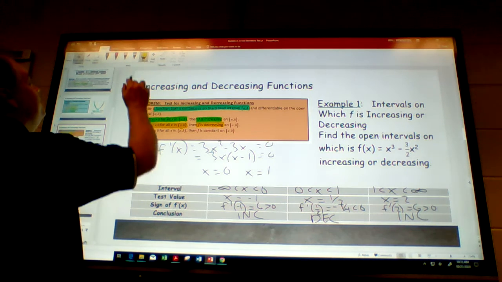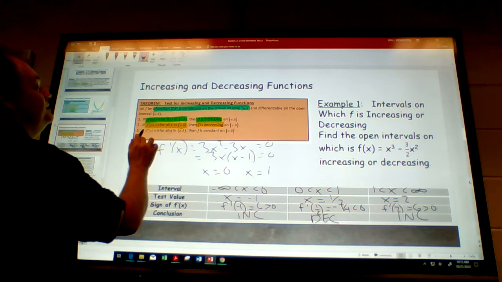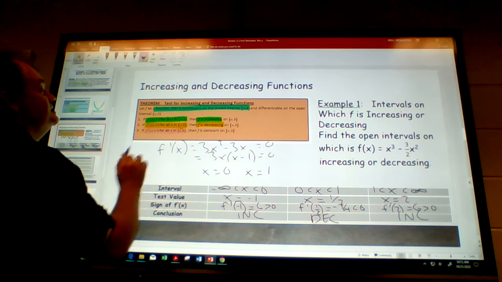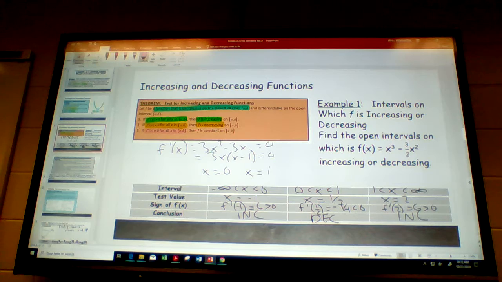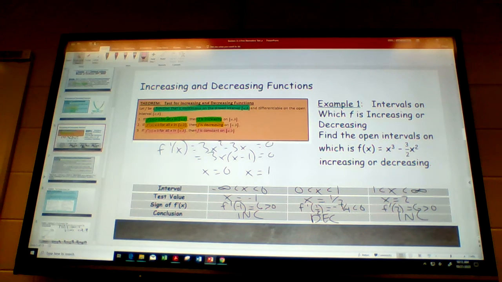And if f prime of x, y'all know I like pink because that's my daughter's favorite color, if f prime of x is equal to 0, then f is constant, and that means it's flat. All right, so